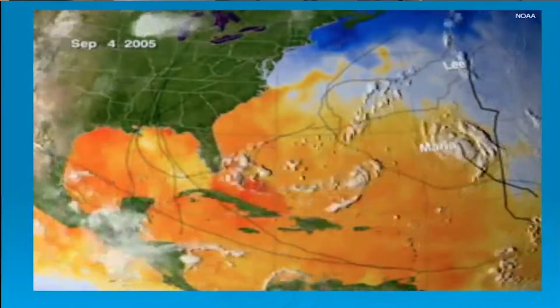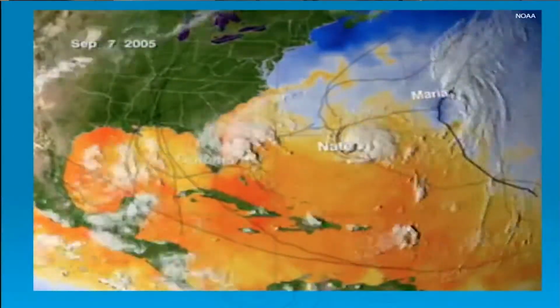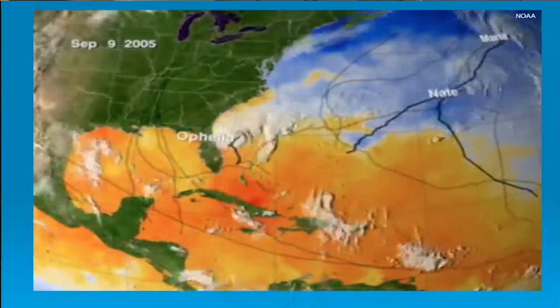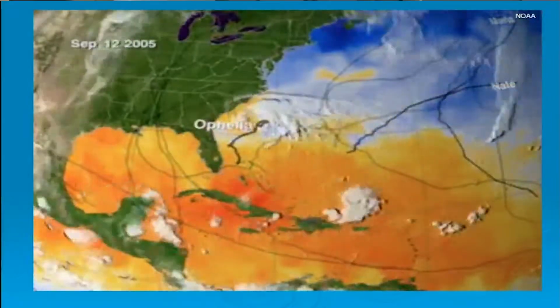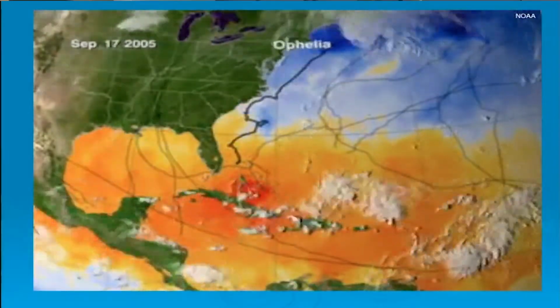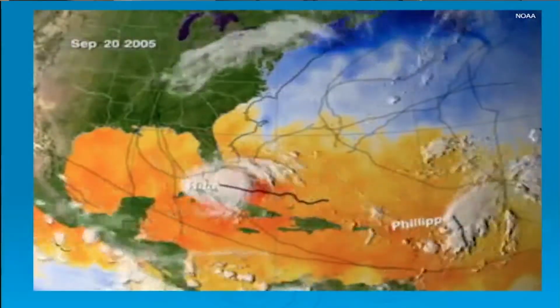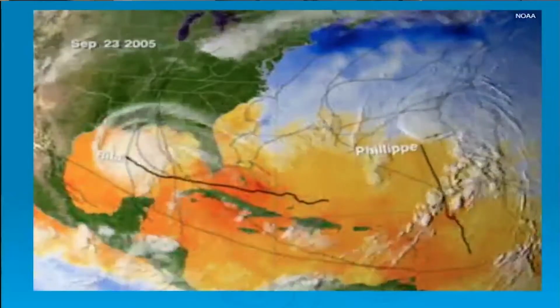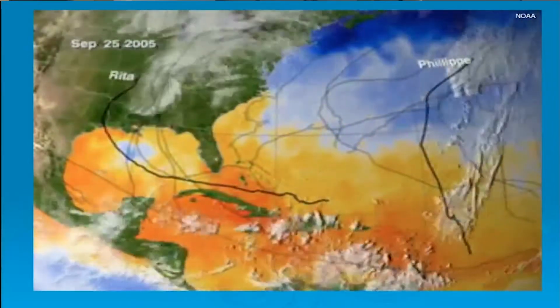Lee and Maria wander out in the Atlantic again with Nate and Ophelia. Hurricanes can do that as well. And then Rita becomes a powerful hurricane that affects Houston, Texas.